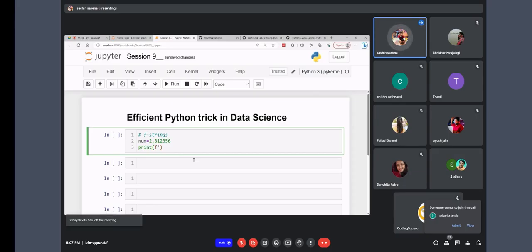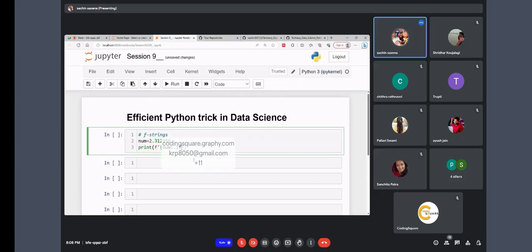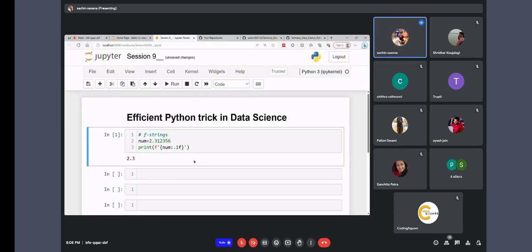So I'm going to use this f and quotes. Within the quotes, I'm going to use curly braces. Within the curly braces, I'm going to write the variable name, which is just defined by me. And then I'm going to write 0.1f. So f stands for float here, which limits to 1 decimal, right? And close this code and hit run. Can you see? It's showing only one value post decimal,